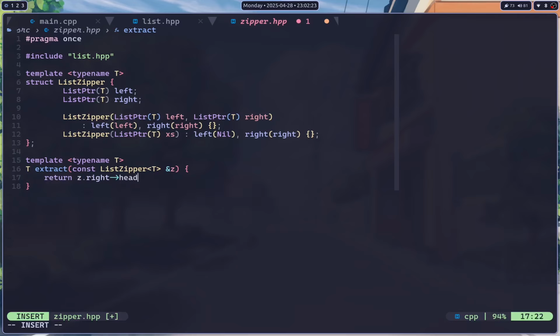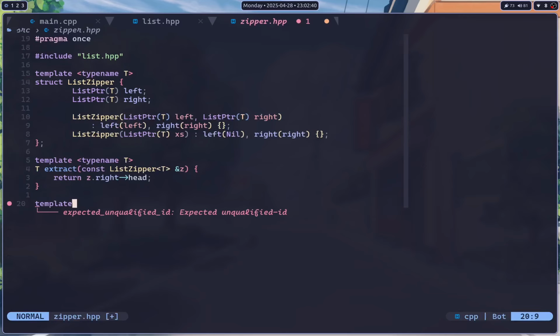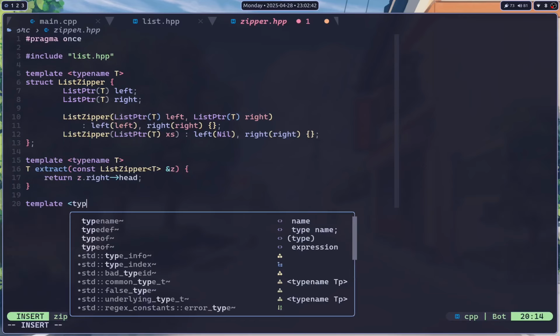And I call it extract because list zipper is based on a comonad. In a comonad, instead of a return as you would have in a monad, you would have an extract that takes the value out instead of wrapping it in a monad burrito. So we have our extract that will return the value, right? And we'll also have